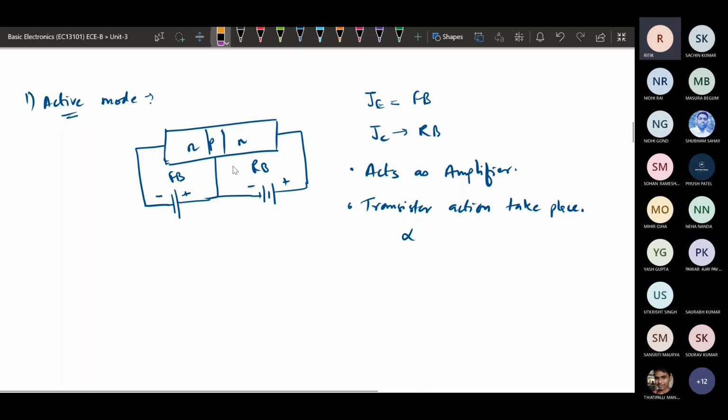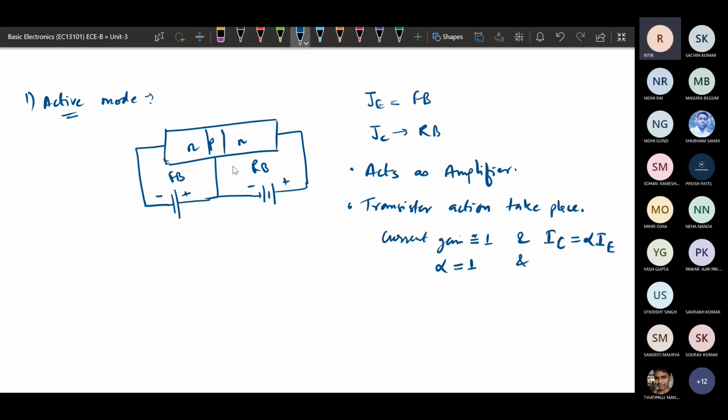We can write the current gain as alpha, and alpha is approximately 1, and your output current IC will be alpha times IE.